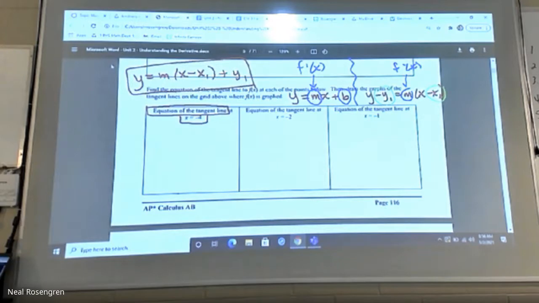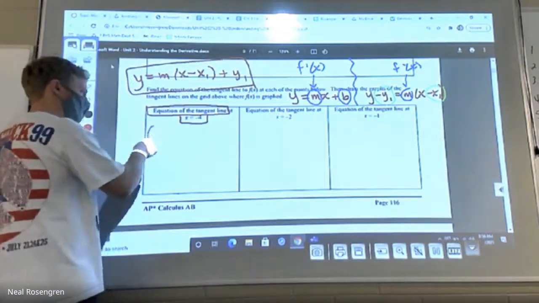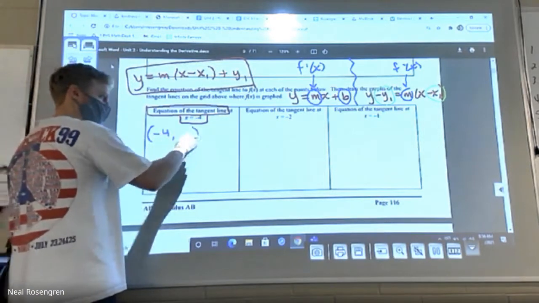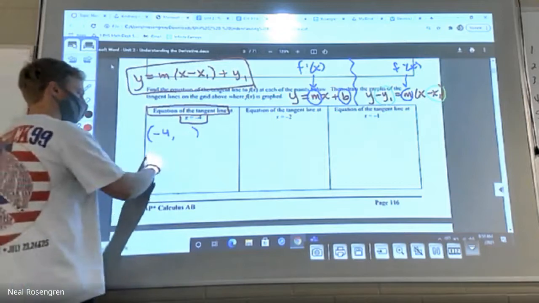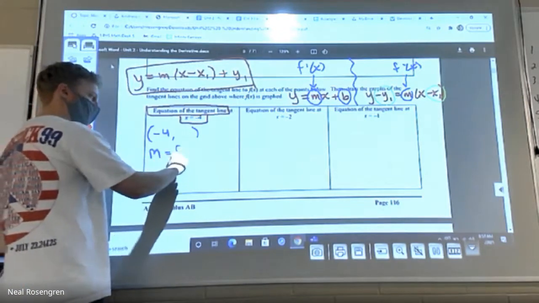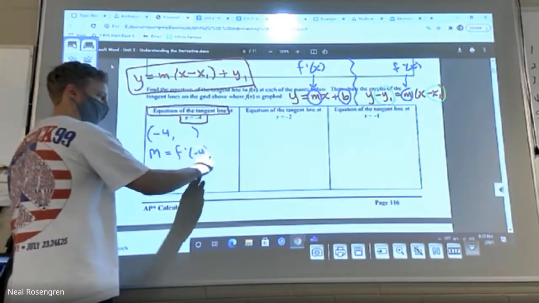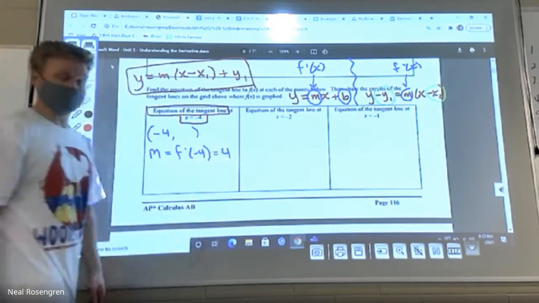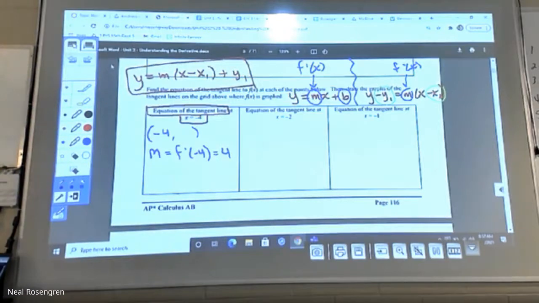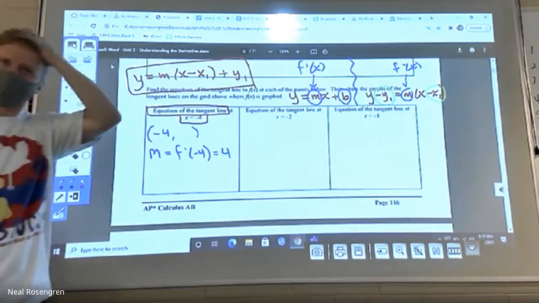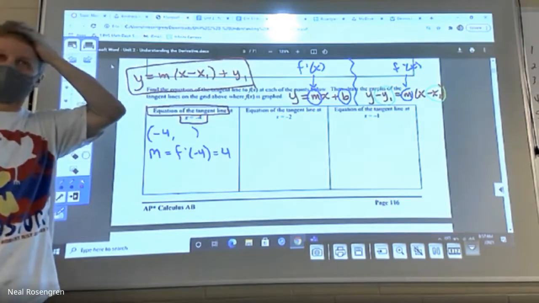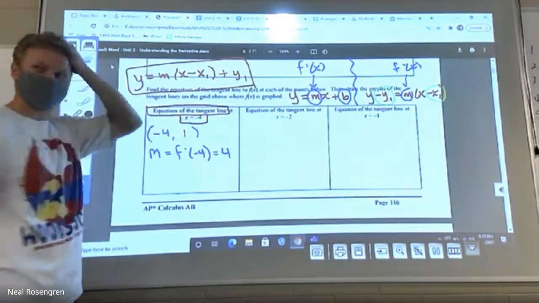But either way, we still need the y value, okay? But what we do know, and so I'm going to write a couple things down, all right? I know that the x value at that spot is -4. And I know that the slope, which is the value of the derivative at that spot, we figured that out, that was 4. And if I can just figure out what the y value is, I should be able to write the equation of the line and then be done. I don't have to worry about the algebra that happens in the background. So what's that y value? They gave you a picture, right? Sweet. Okay, cool. Use it.